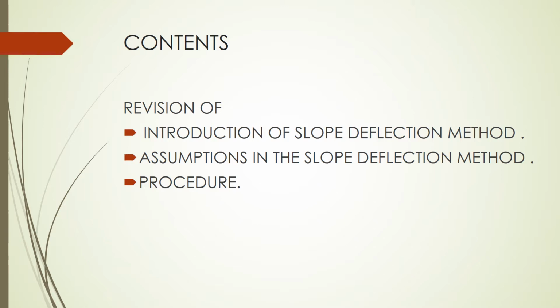The first one is the slope deflection method is used for statically indeterminate structure, and we have to assume all the joints of the beams and the frame as rigid ones. Let us revise the procedure to solve the problem. The first step is to find out the fixed end moment. The second step is to apply the slope deflection equation to each and every joint. The third one is to apply equilibrium conditions to each and every joint and obtain simultaneous equations.